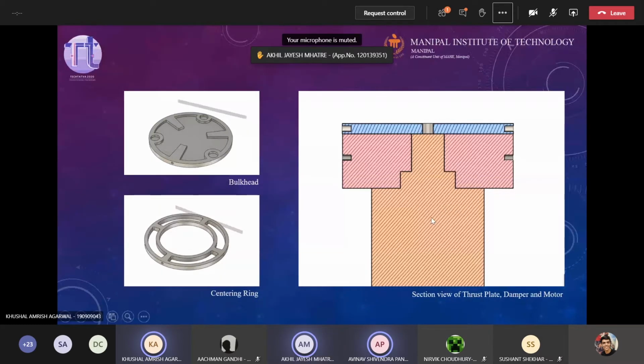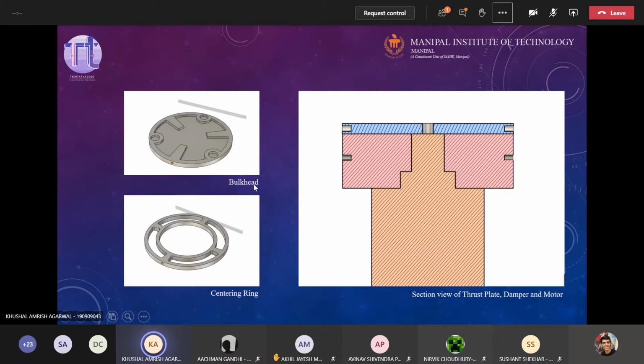Yes. We can use rubber or similar material. Yes, rubber is a good material, but usually we use WPC, that is wood plastic composite, or just normal wood, depending on how big the motor is. So the material that we'll be using here is WPC.